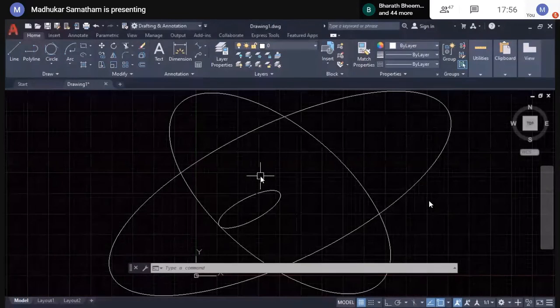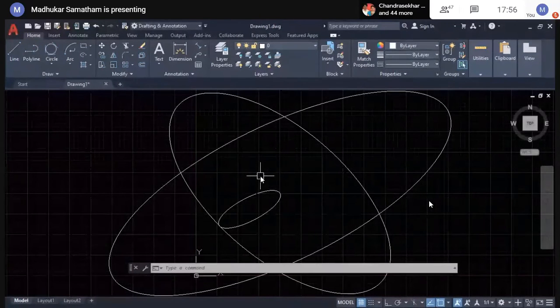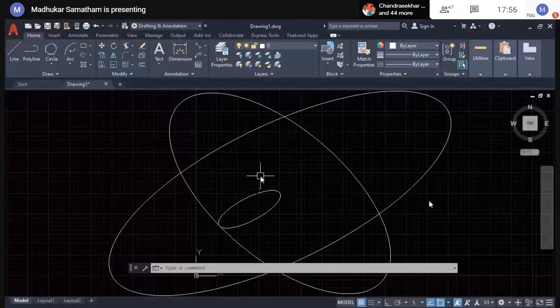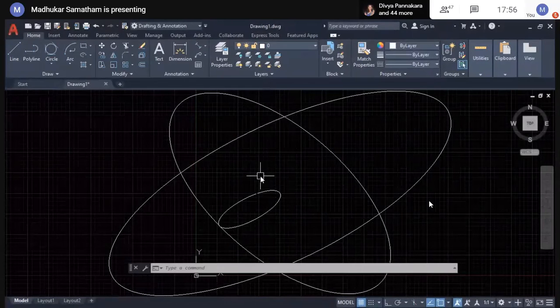Where we will face these types of problems is when you are converting this into an area or 3D volumes, then it will show you it's an open contour. It will not be selected, or else make it closed. It will ask you to close the contours.